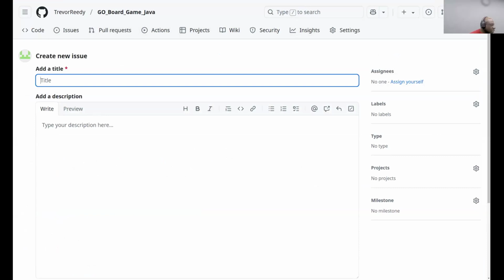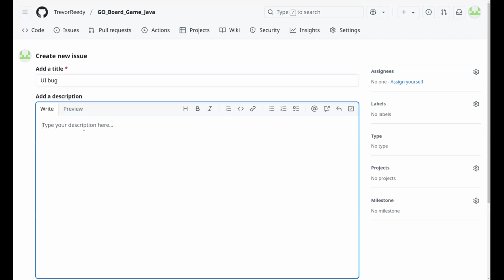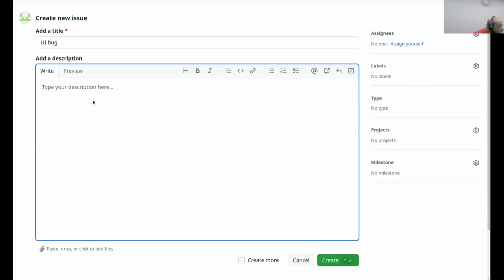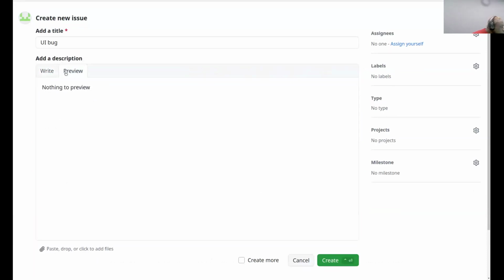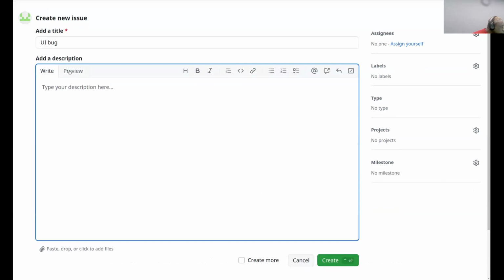So give it a title, like UI bug. And then do you see where it says preview header?